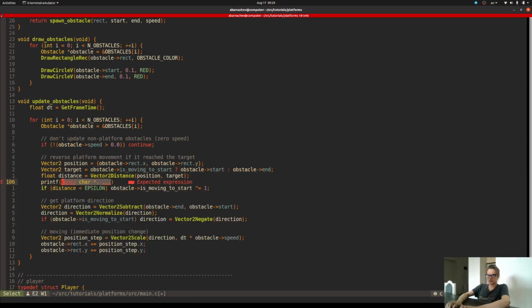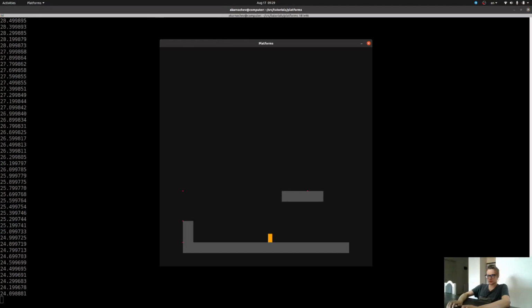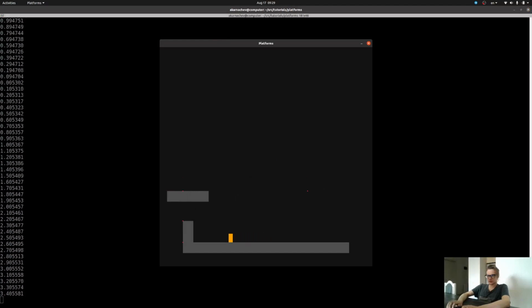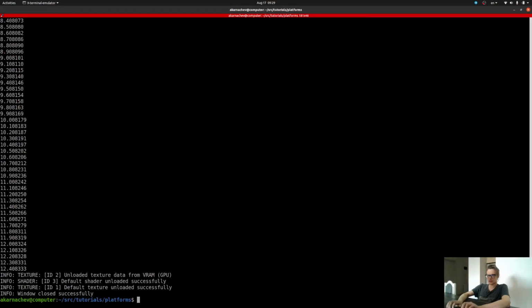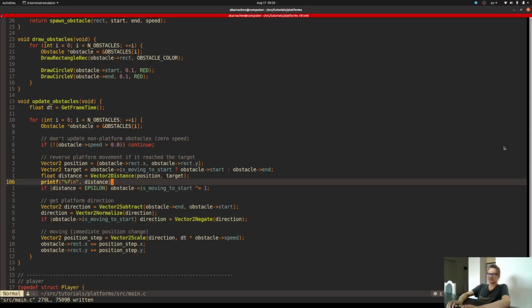Let me print the distance. Yeah, it's decreasing. Yeah, it's a very interesting tunneling effect, because it could be the situation when the position step is greater than this small epsilon, and I need